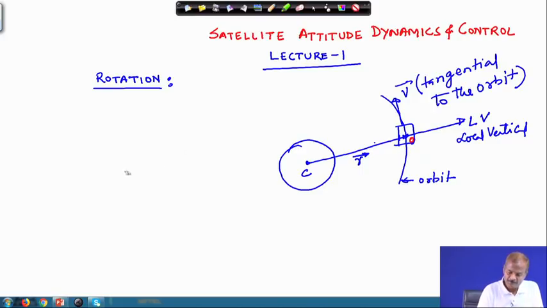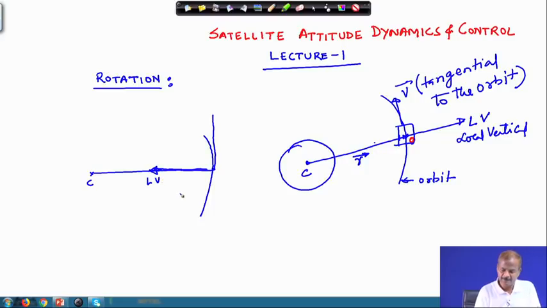Okay. So, separately representing here, this is the center of the earth, and let us suppose that for simplicity we have the circular orbit here, and in this direction we will assume that this direction is the local vertical. Okay. So, this is our local vertical and we will indicate this as z0. z0 means this is about the orbital frame. Okay. I will explain you in detail about all these things.